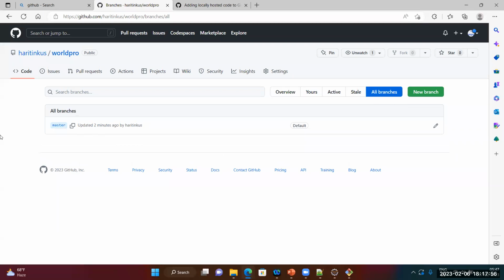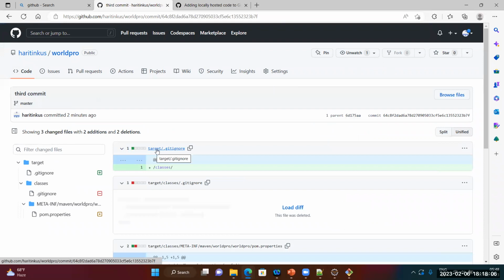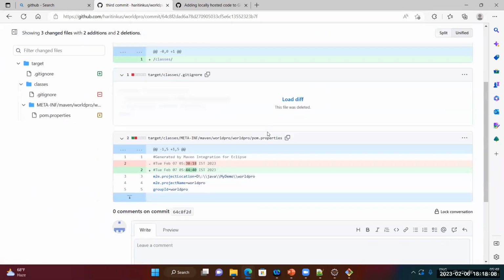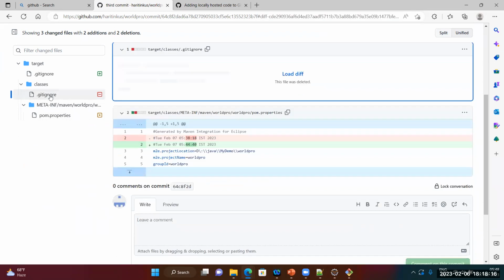These are all branches, only one master. So you see here, third commit. Yeah, the only change I've done, okay, so it just removed only the git ignore file, and